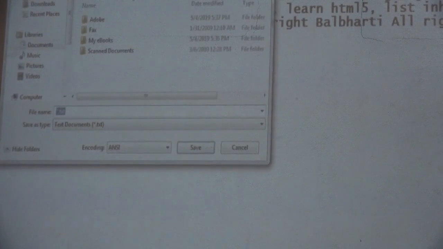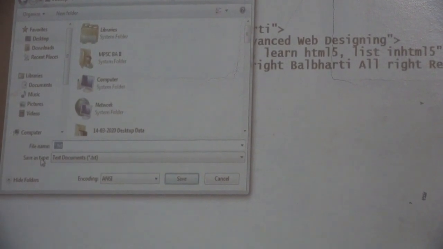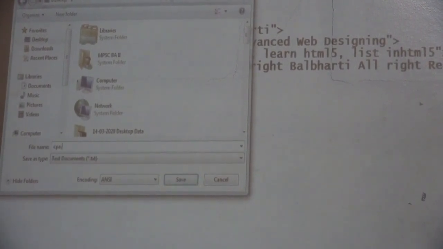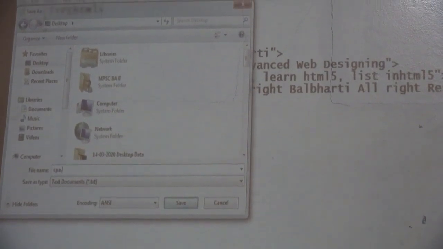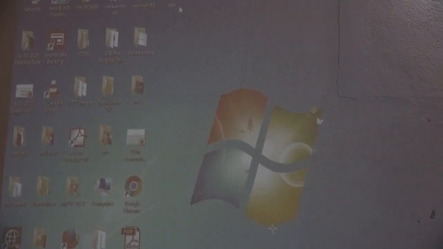Firstly, I am saving this file, for example on the desktop. I am giving my initials, CPA, as we all know that HTML files are saved with the extension .html. So I have put this file on the desktop. Here is the file. You are seeing the output as only what we have written in the paragraph tag, welcome to HTML5. All the metadata tag lines are hidden in this program.